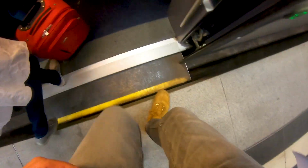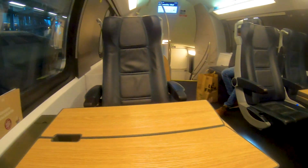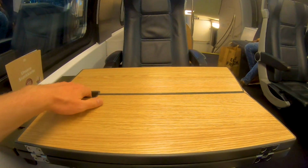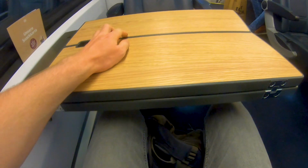16:29. This is the nice version of the IC2. In Germany we have two different types of IC2. One is built by Bombardier and it's more or less a regular Dosto, and the other one is this one, built by Stadler. It's a Stadler KISS, and it was built for the Westbahn in Austria and later on purchased